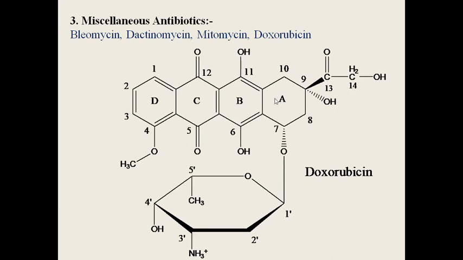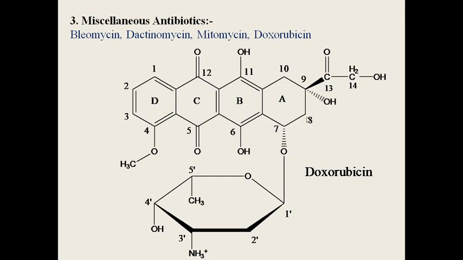Here it is a tetracyclic structure, you can see here. And of this tetracyclic structure, let's start from position number 1. The first carbon is here, 1, 2, 3, 4. At position number 4, it is a methoxy. This is a methyl, and this is oxygen, methoxy. At position number 5, it is a ketone. At 6, hydroxy. At 7, this is an O-glycoside, you can call it, because it's the sugar, and here it is a glucose. It is a glycosidic linkage, you can call it O-glycoside.